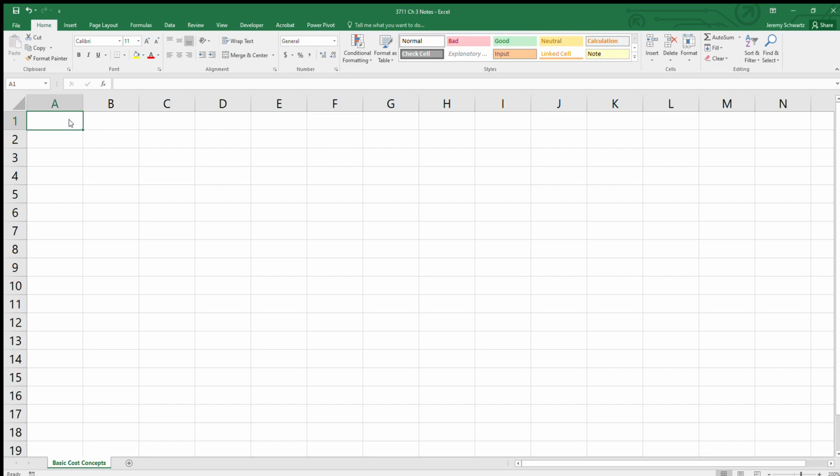All right, well, welcome to Cost Accounting. Our first order of business is that we're going to be looking at some basic cost concepts here. And one thing that is unique about what we discuss in cost accounting, but really can be expanded to all of accounting,